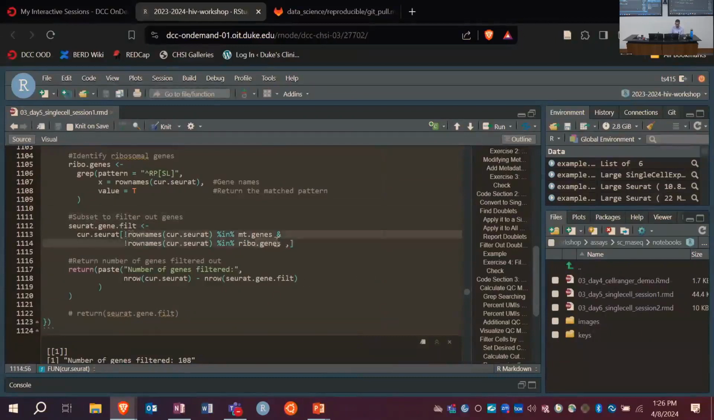What we do is, in base R subsetting, if you put conditions before the comma, it will filter out rows, and any conditions after the comma will filter out columns. In this case, we want all the columns, or all the cells, but we want to filter on the rows where the row names are not among the mitochondrial genes and not among the ribosomal genes that we just identified